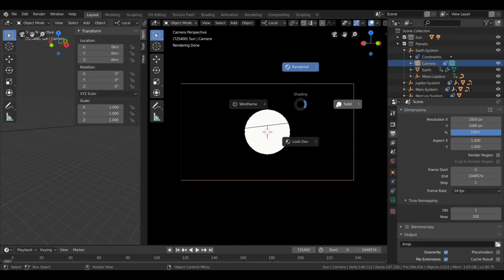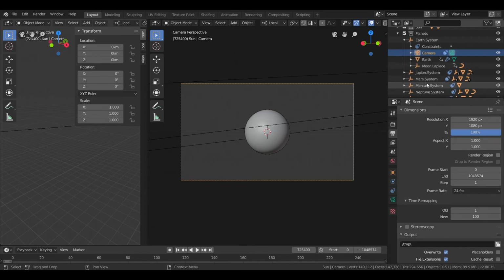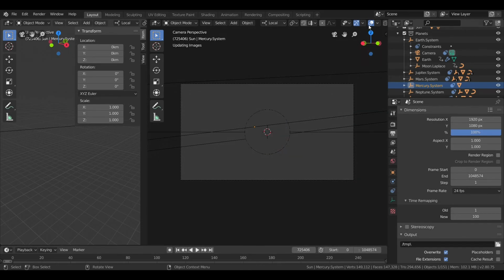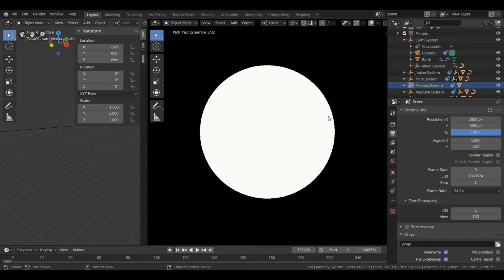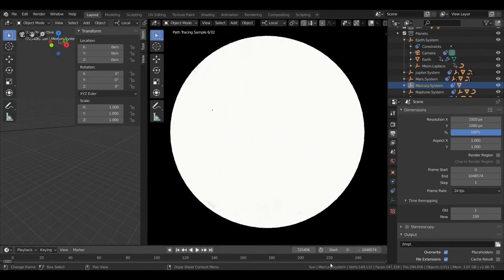Now, let's see if we can... Okay, so there's Mercury. And here, we can see that little dot on the face of the Sun. Of course, Mercury is bigger than the Moon, but it's much further from the Earth, so it appears much smaller in the sky.